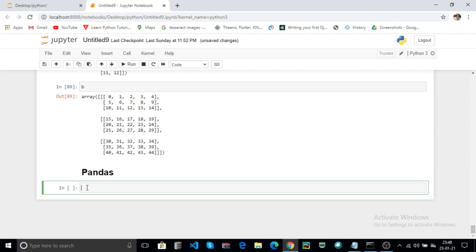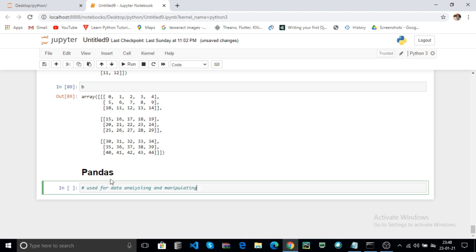That is enough. In the data science course you can go through full-fledged pandas in depth. Now what is pandas? Pandas is used for data analyzing and manipulating.